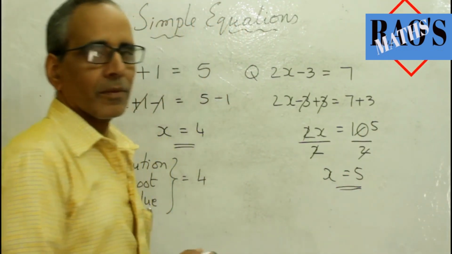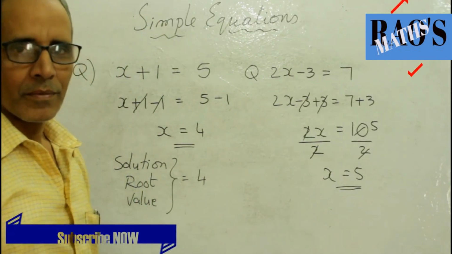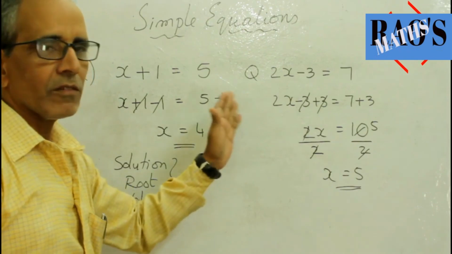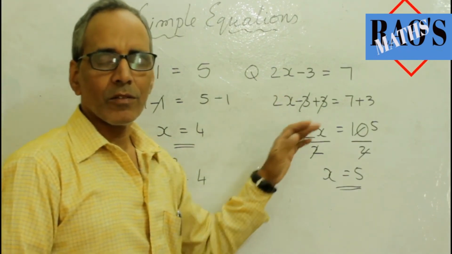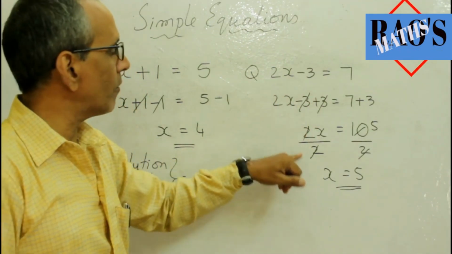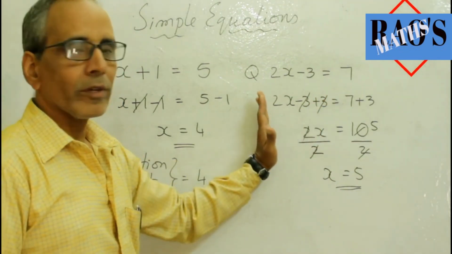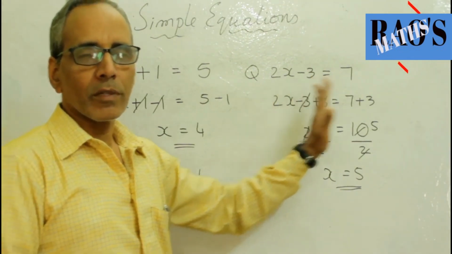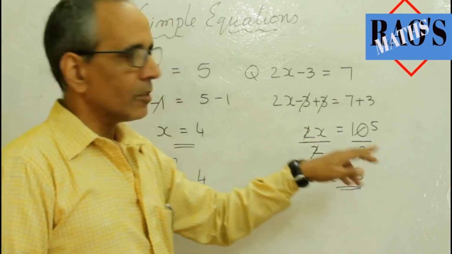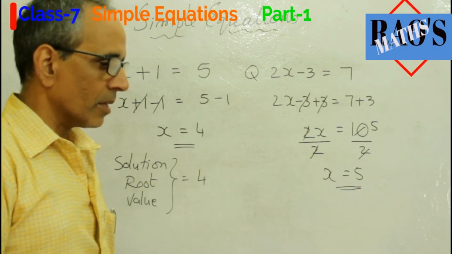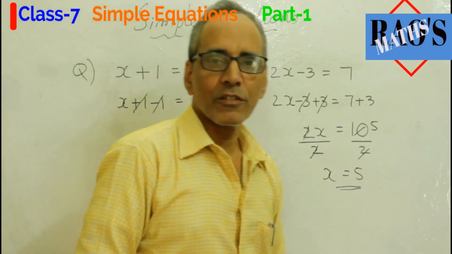This is called the step method. By the step method, slowly we eliminate one by one the additional values on the left hand side, finally keeping the variable alone. So whatever operation you do to eliminate a certain value, do the same on the RHS also, so that you can maintain the equality throughout. This is simple. Let's see some more examples in our next video.